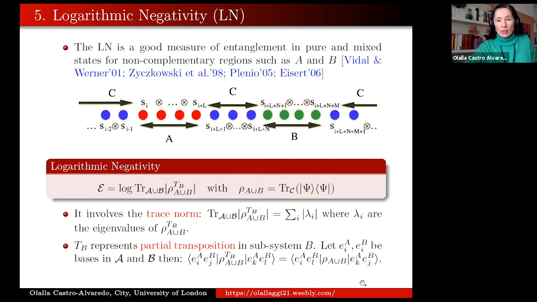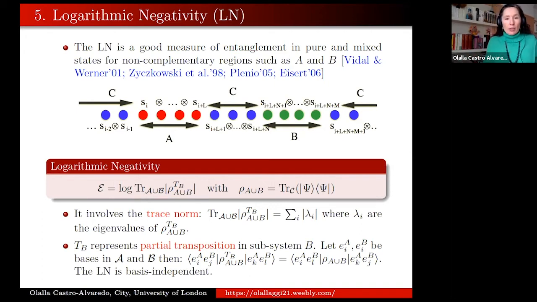elements of it, which will include vectors in subsystems A and B, we transpose with respect to subsystem B only, okay? The resulting matrix elements that we get will correspond to some other matrix. And this is the partially transposed reduced density matrix. Now, when you do this partial transposition operation, which by the way is basis independent, apparently this has been proven,